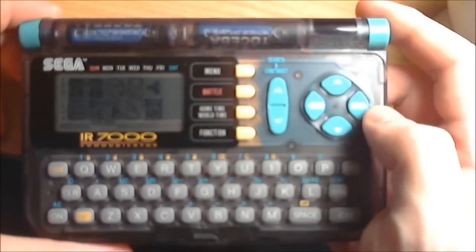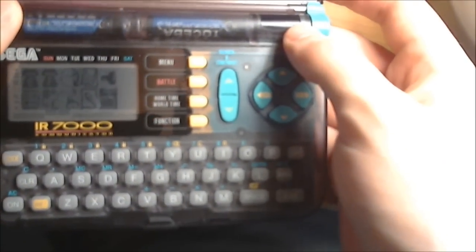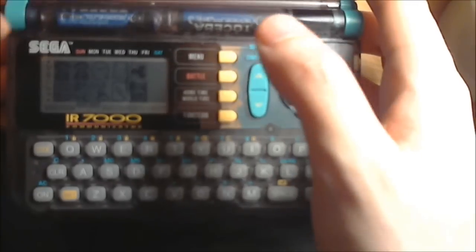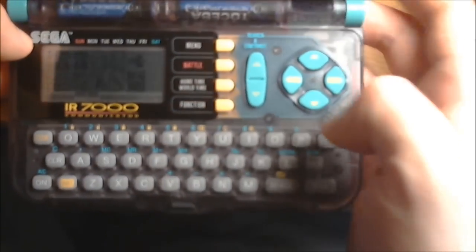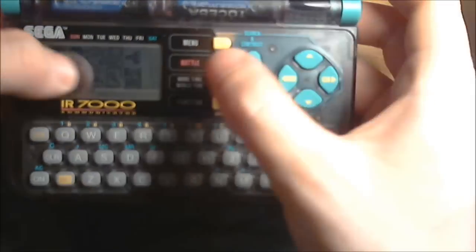But anyway, guys, that has been a first look at the Sega IR-7000 personal digital assistant. So it's an interesting device. Mainly, the only reason you'd want to buy this now is as a collector's item. If you're a fan of Sega, this is a cool little collectible to pick up. I highly doubt anybody will actually use this for the functions it's meant to be used for, but oh yeah,